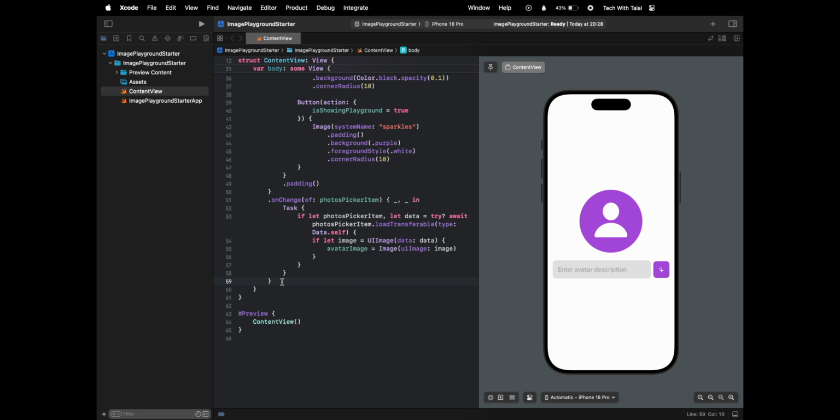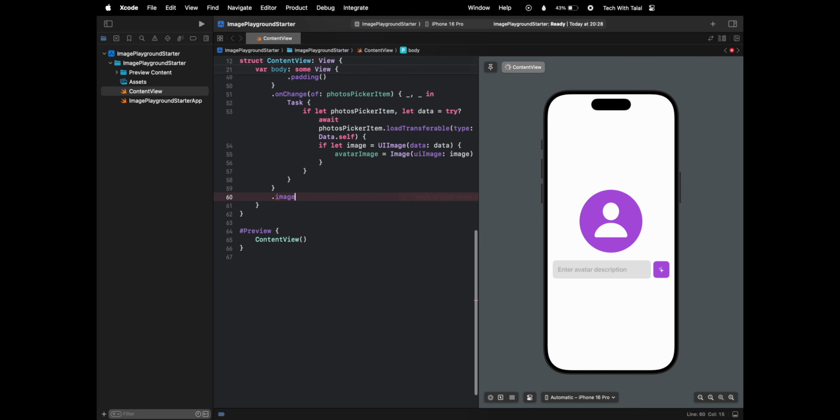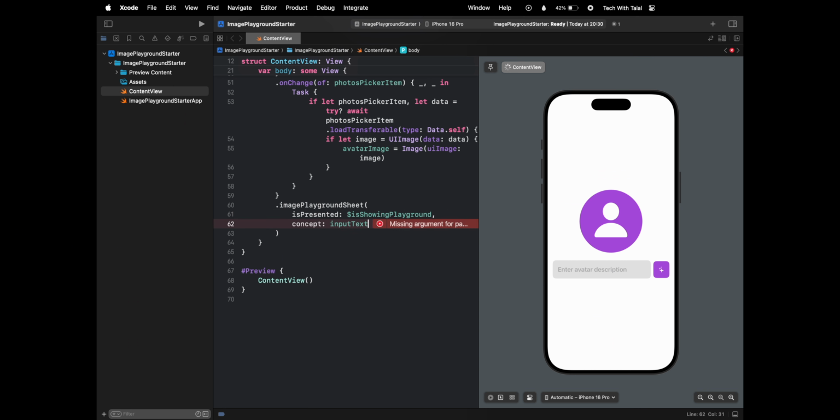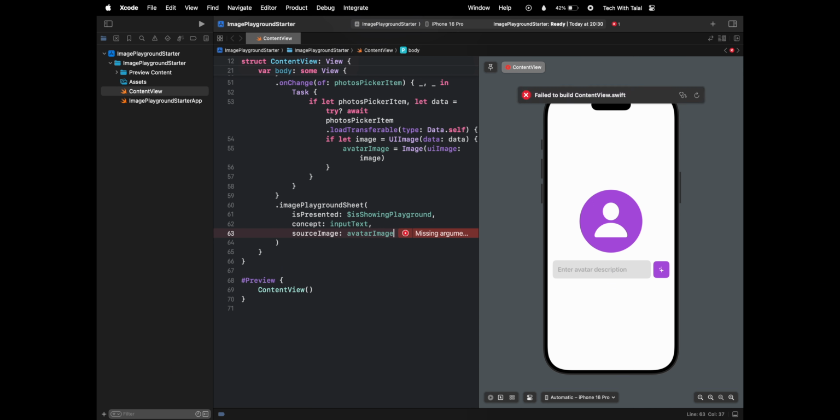So after the onChange over here, we're gonna do dot imagePlaygroundSheet. And then over here, what we're gonna do is isPresented, and then it's gonna take in a binding of isShowingPlayground, right? And then the next thing we need is the concept, which is gonna be our input text, and then simply the source image, which is gonna be the avatar image, right? So that means you're gonna use the avatar image to generate something from Apple Intelligence Image Playground. And then we're gonna close the parentheses here, and then we're gonna take in a URL here,